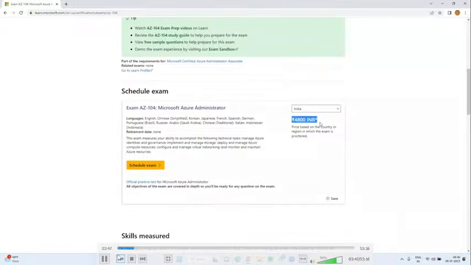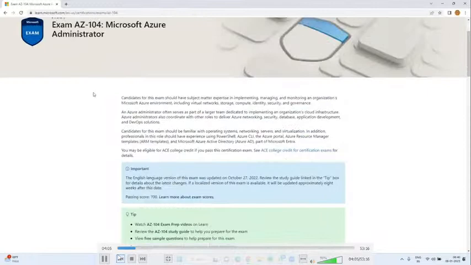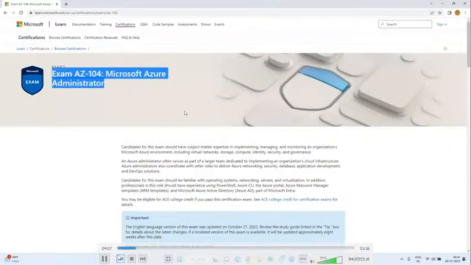So any Microsoft Azure certification costs around 6,000 including GST. If you add 18% GST to this 4,800, you will get around 5,900, around 6,000. This is about Microsoft Azure administration.